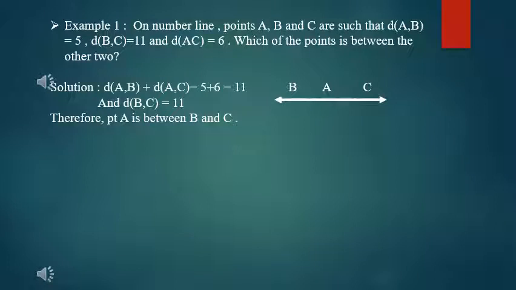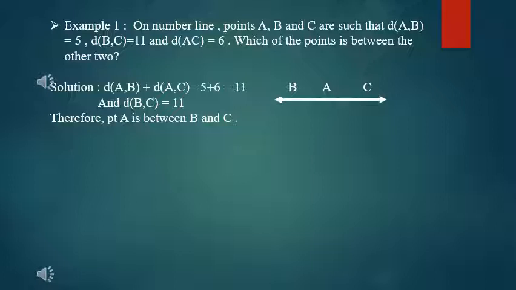So we have our first example in which they have given us 3 points. They have given the distance between the points. We have to find out their sequence. Okay, we have A, B, C given to us. Now distance between A and B is 5, distance between B and C is 11 and distance between A and C is 6. Now you can see there are 3 values given to us. Between the 3 values there are 2 values which are smaller ones. So whenever we have such kind of sum, we first add the 2 smaller values. Okay. Now when we add the 2 values, it becomes 11.